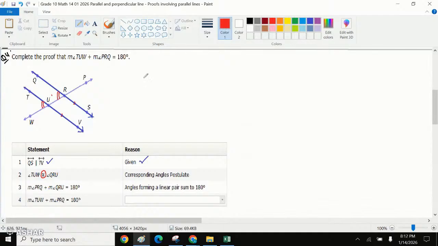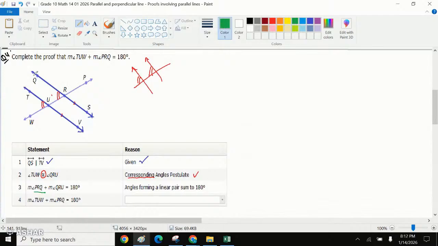And these types of angles are known as, if these two lines were parallel and these two angles were given to us, corresponding angles, right? That means they are exactly the same. So moving ahead to the third statement,